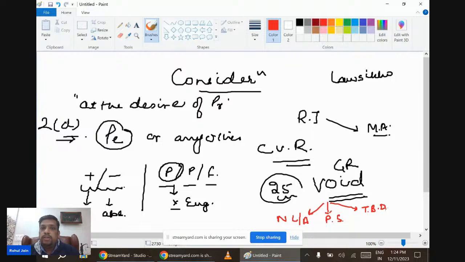When there is a promise to pay a time barred debt, wholly or partly, but that promise must be in writing and signed, then it is a valid contract, even without a consideration. Sir, what is a time barred debt? A time barred debt is a debt which has been hit by the limitation period. Okay. Now,